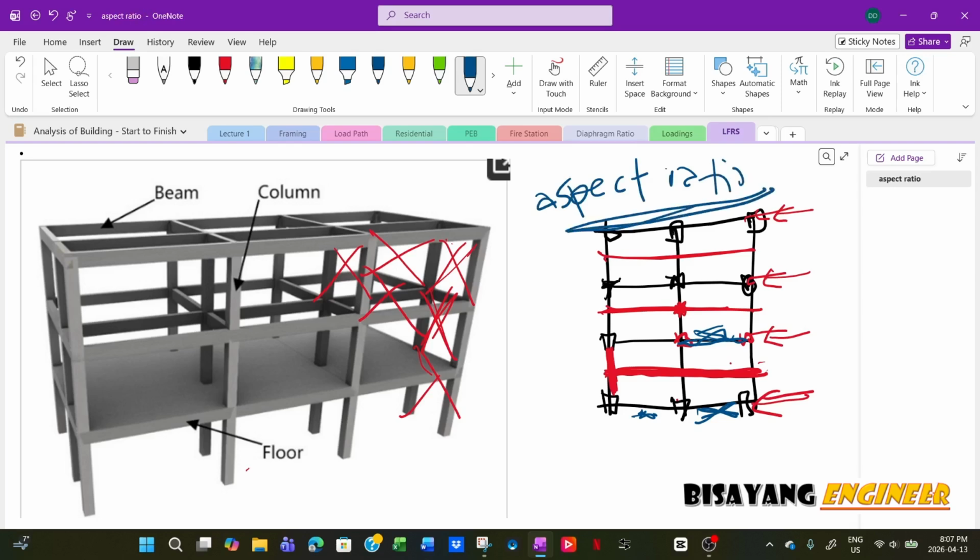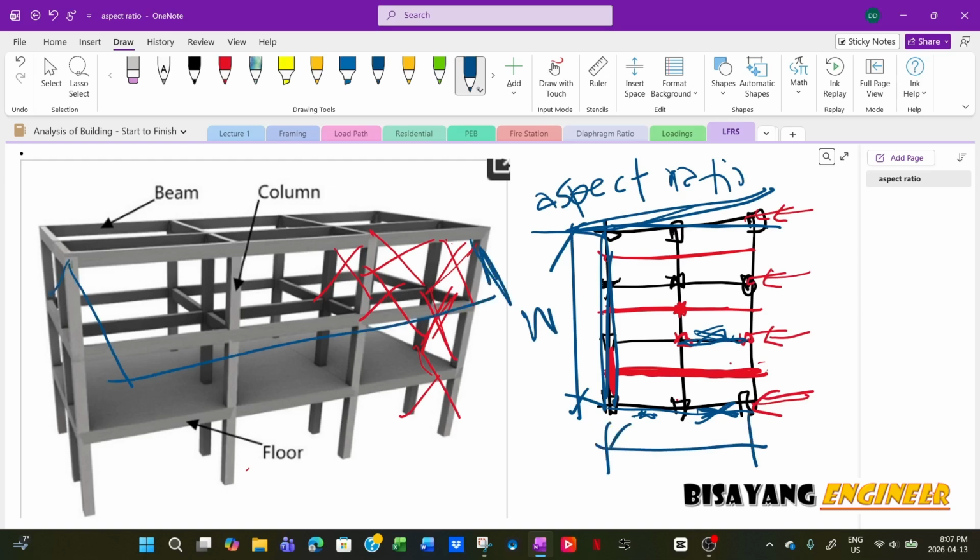So we already talked about aspect ratio for the diaphragm and also shear wall. Now for example, if this is a steel frame, if this whole width of the building versus this depth meets the aspect ratio, then you can have cross bracing at its end only, like